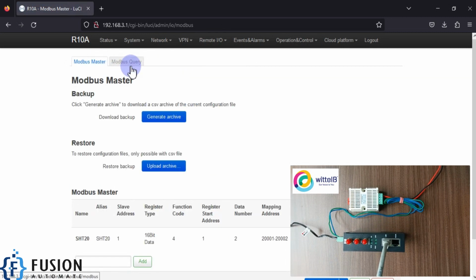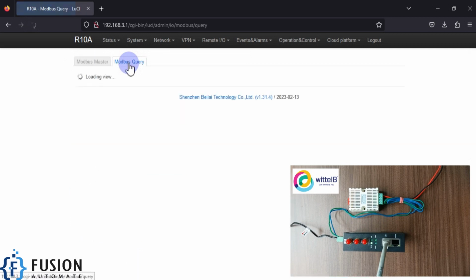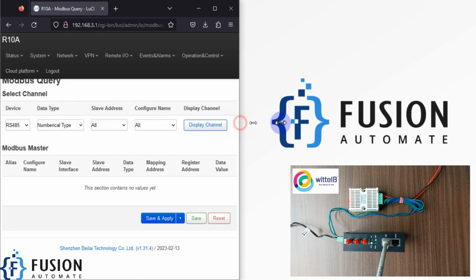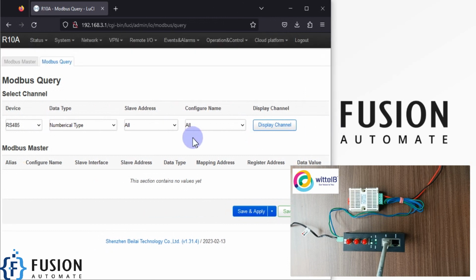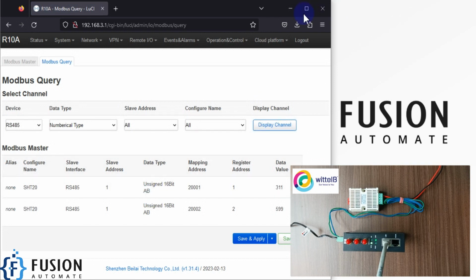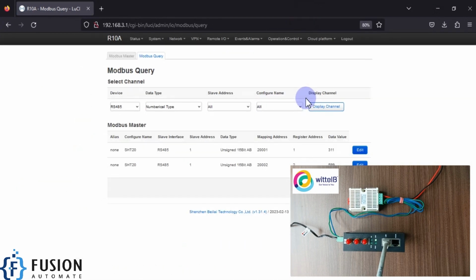In the Modbus master page you will get the Modbus query tab. You have to navigate to here, and here you have to select RS485. The data we want to read is a numerical type, and we have to click on display channel. So it will display the channel, and you can see here